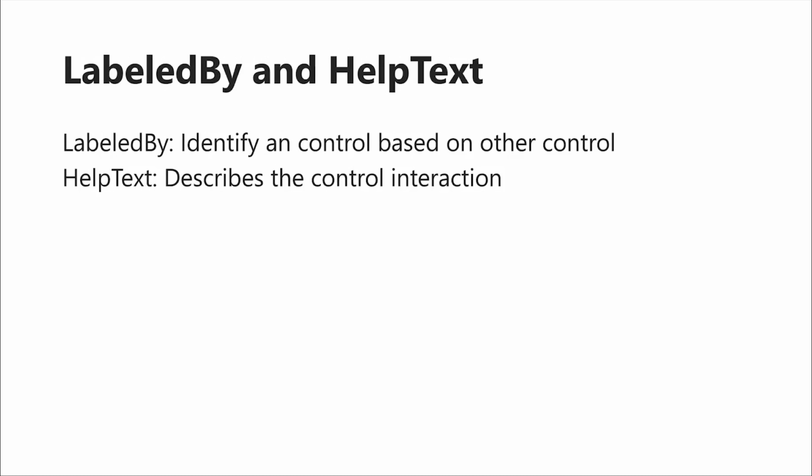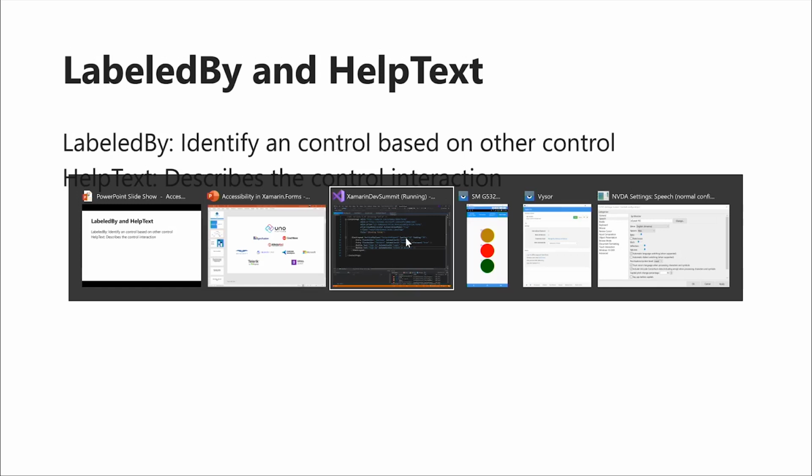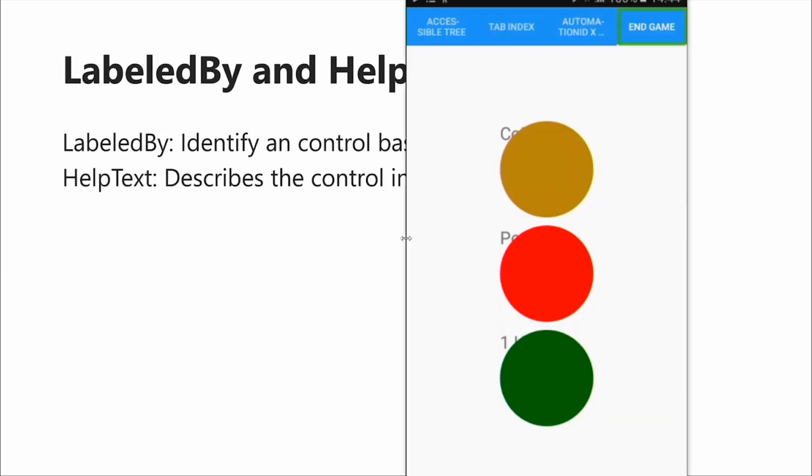LabeledBy and HelpText are used to give more information to the user about that control, and we can use them by referencing another control or putting in more information. We have here Endgame, selected. We have here two circles. I know because I created it. So, and when we navigate,